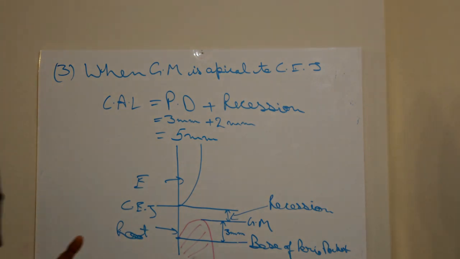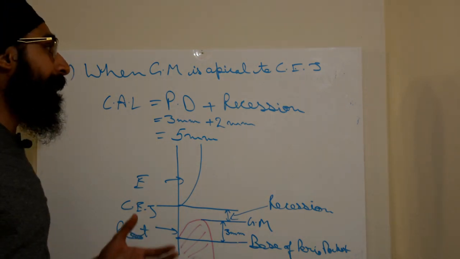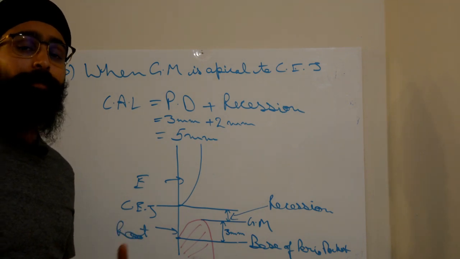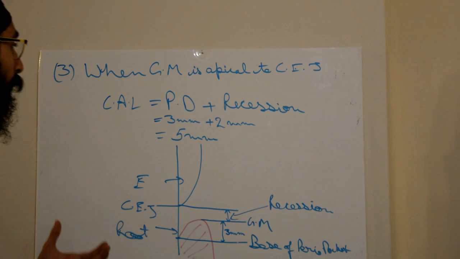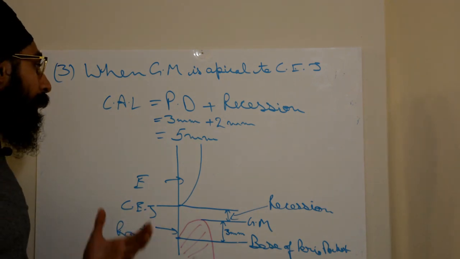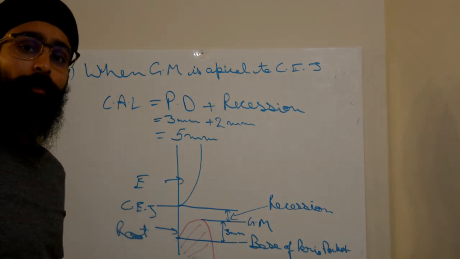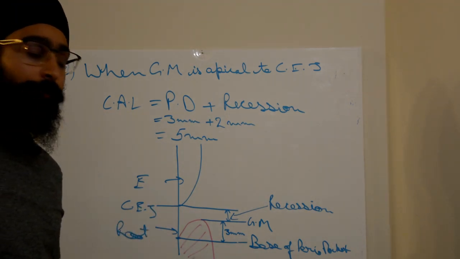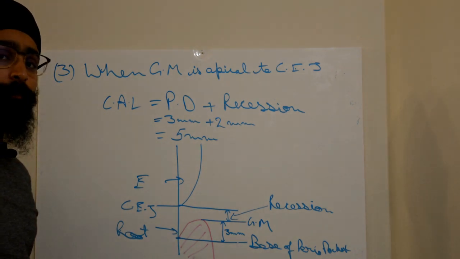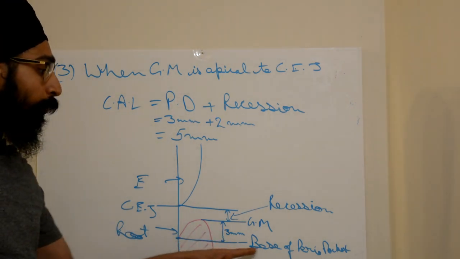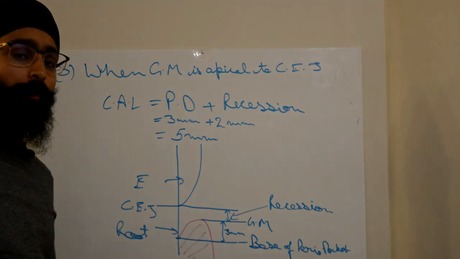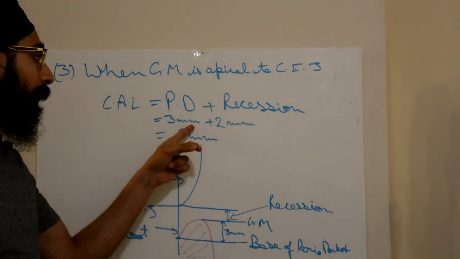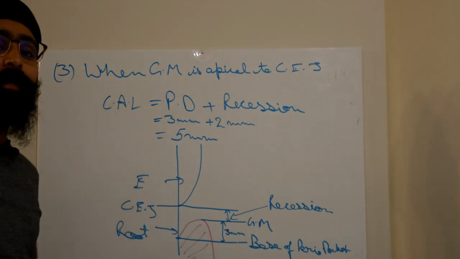Friends, always remember these three scenarios. This will help you to understand the basics of periodontics very easily. I hope you have understood how to calculate clinical attachment loss, because this will help you when it comes to the perio chart. Some of you might be confused now that otherwise a probing depth of 3 millimeter was considered normal, but why is this probing depth of 3 millimeter now considered under clinical attachment loss?